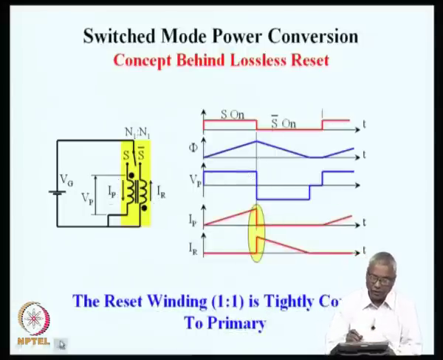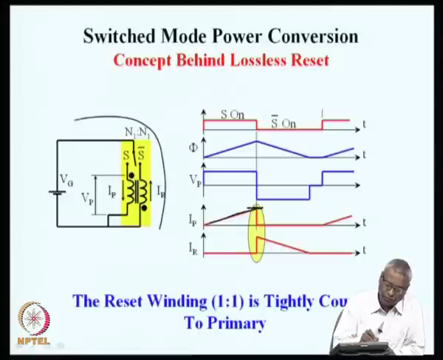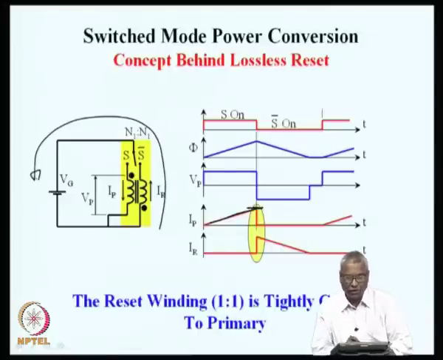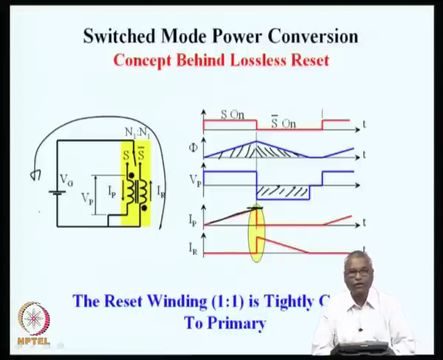Okay. So, during the off period, when the switch is connected to S bar, you can see that the magnetization current IP, which had reached a peak current, just transfers to IR. Now it flows through IR back into the source in the opposite direction. So, what we notice is that the flux is now being reset. There is a negative voltage across this winding, and this negative voltage forces the current back into the source, so that this current falls all the way down to 0.